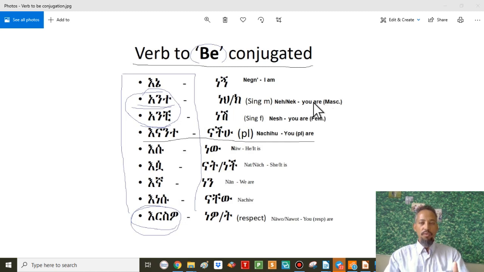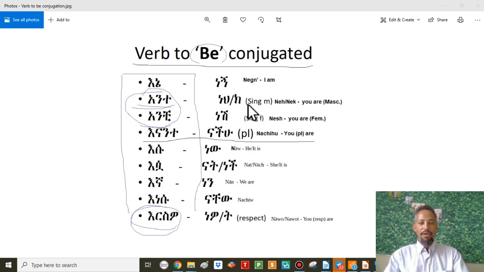You, singular, masculine. But the key here, antenek, is, as I said previously, a townish variant, or they use in towns and cities, mostly the Addis Ababa